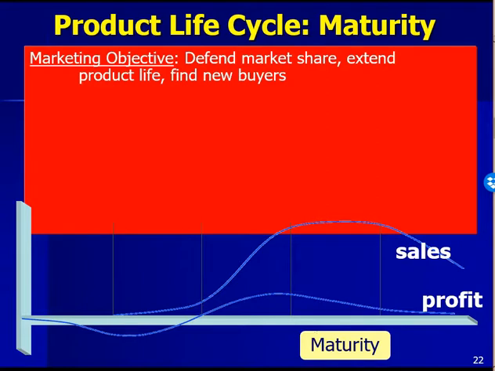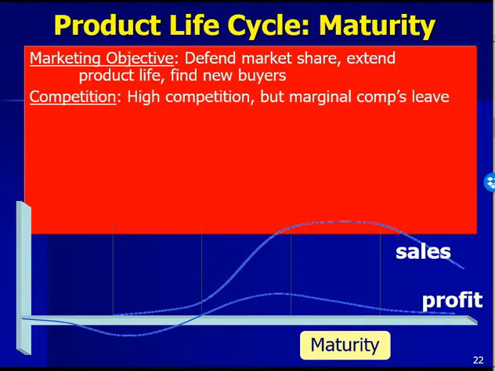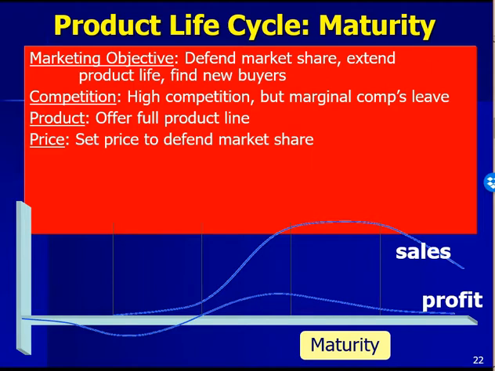As we enter the maturity stage, we have to defend market share, extend the product life, and find those last buyers. There's high competition. Think of your grocery store, but marginal competitors leave. So companies that sort of got on the bandwagon in the growth phase to take advantage of a fad have now left the market, and those best sellers are the ones that remain. So in terms of the 4 Ps, again, we would offer your full product line, set your price to defend market share,